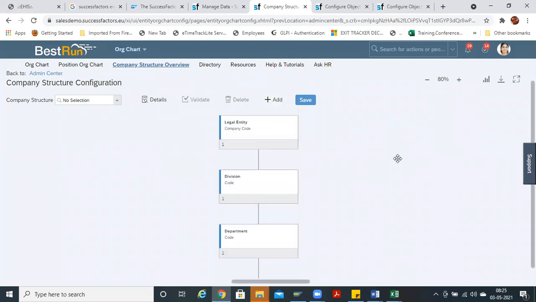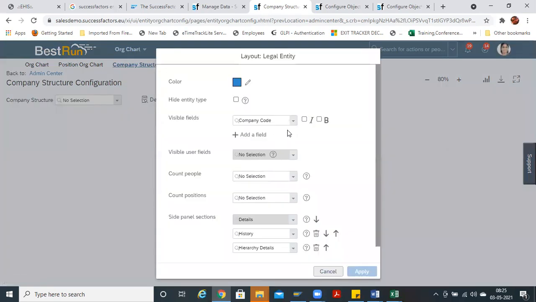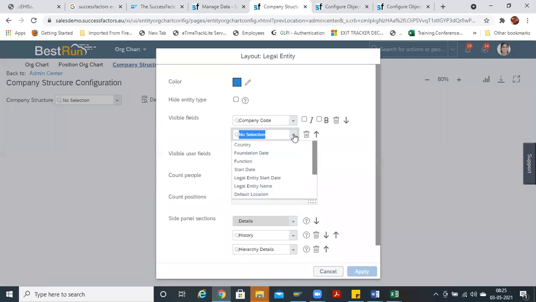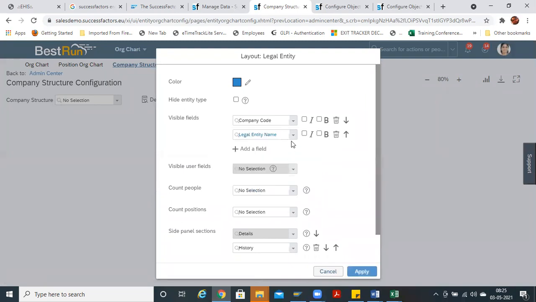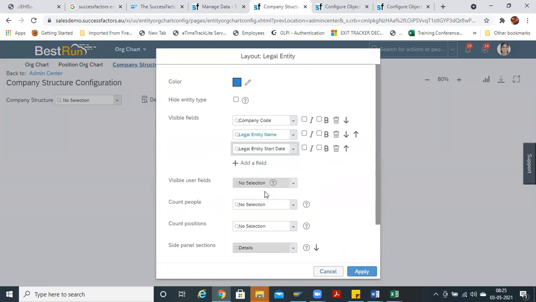Now let us say if you want to add any edit layout, add anything apart from company code, visible fields will be like, say, legal entity name, and another visible field is, say, what is the legal entity start date.